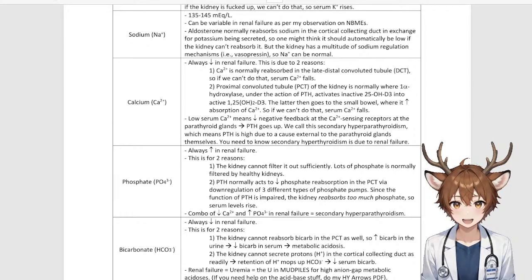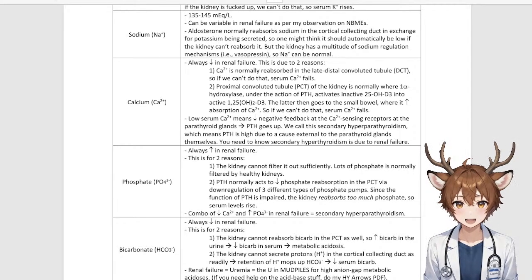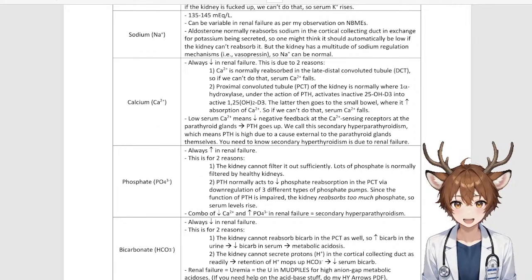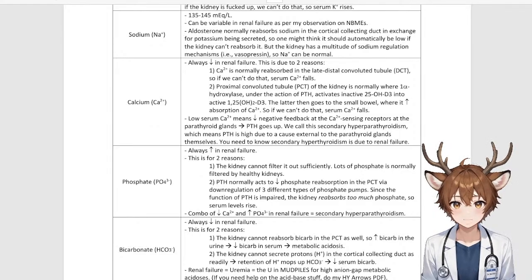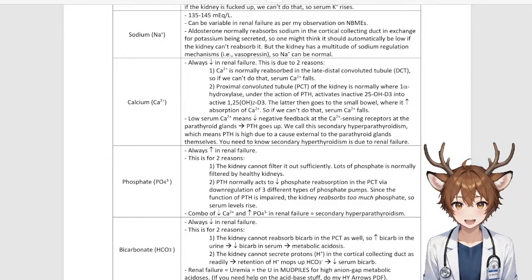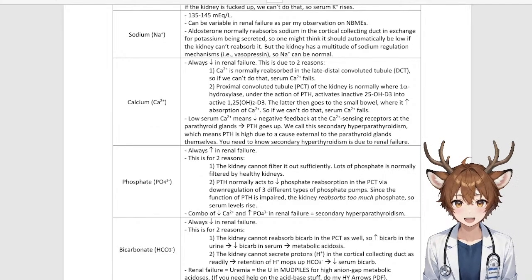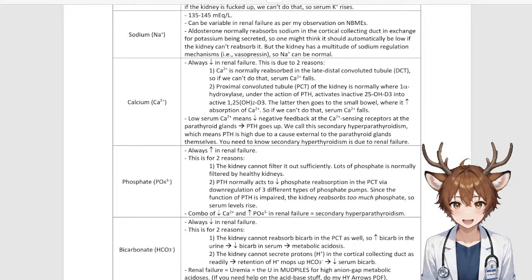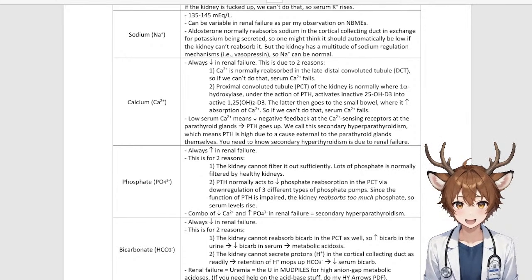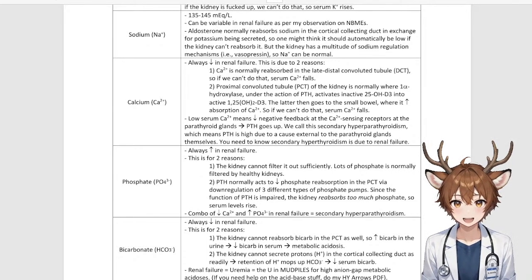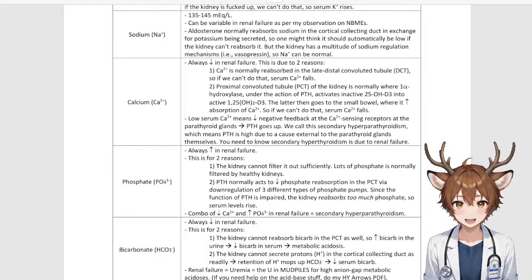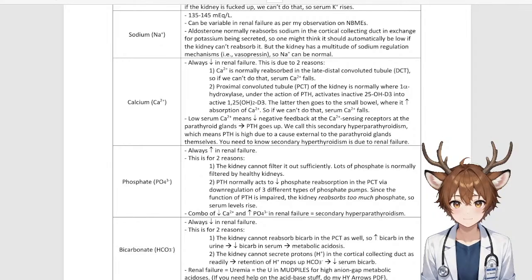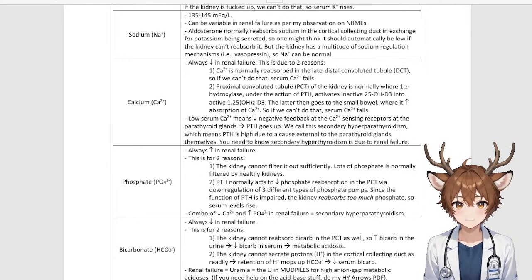Calcium, always decreased in renal failure. This is due to two reasons. One, calcium is normally reabsorbed in the late distal convoluted tubule, DCT, so if we can't do that, the serum calcium falls. Two, the proximal convoluted tubule, or PCT, of the kidney is normally where the 1-alpha hydroxylase, under the action of PTH, activates inactive 25-hydroxy D3 into active 1,25-dihydroxy D3. The latter then goes to the small bowel, where it elevates the absorption of calcium,